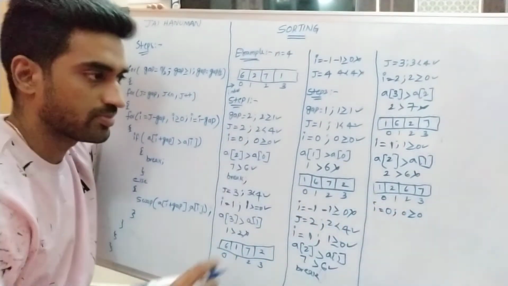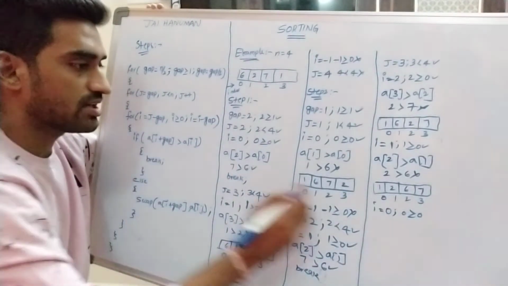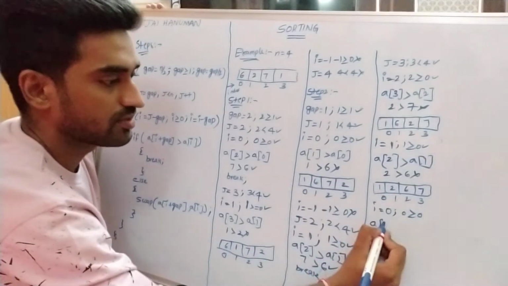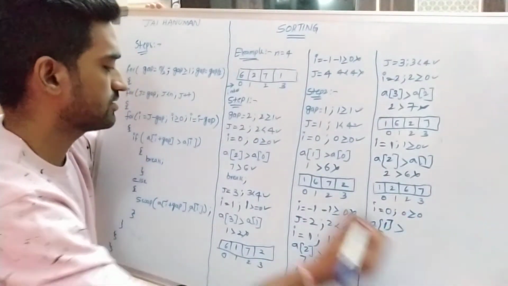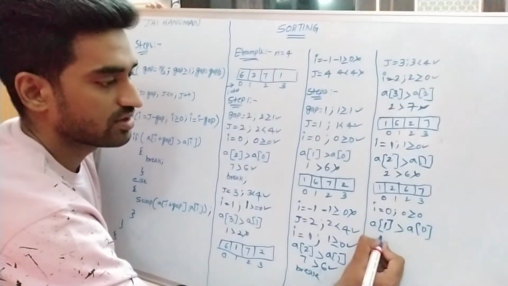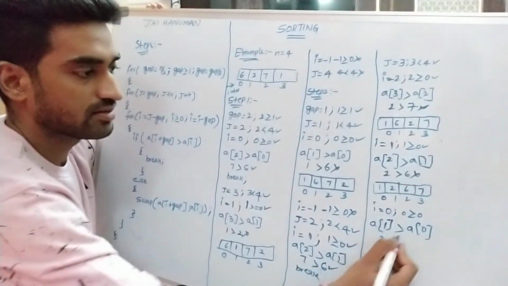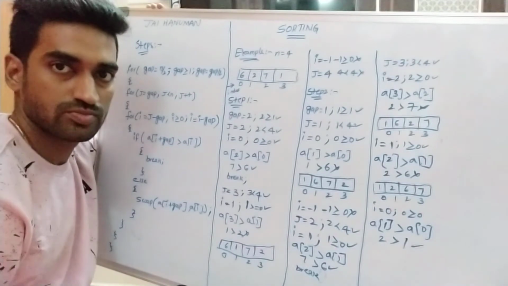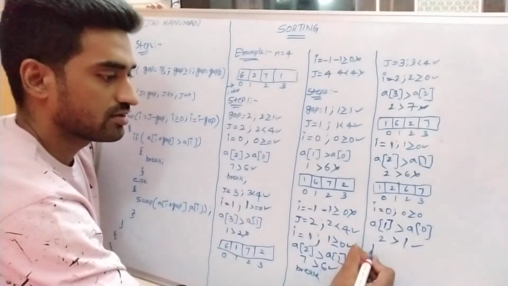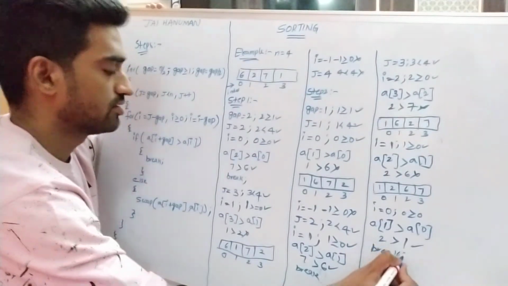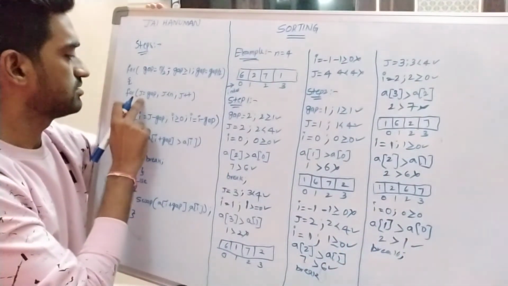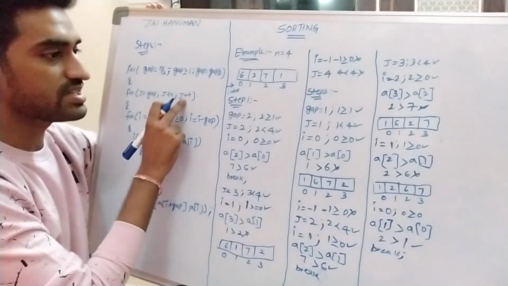Condition is true. Then we are checking this condition. Y of I plus gap, 0 plus 1, Y of 1 greater than Y of I, Y of 0. 2 greater than 1. Condition is true. So that's why we can immediately suspend the loop, that is break. The control will be passed to this one. Right? Now we are calculating the J value. So J is incremented by 1.